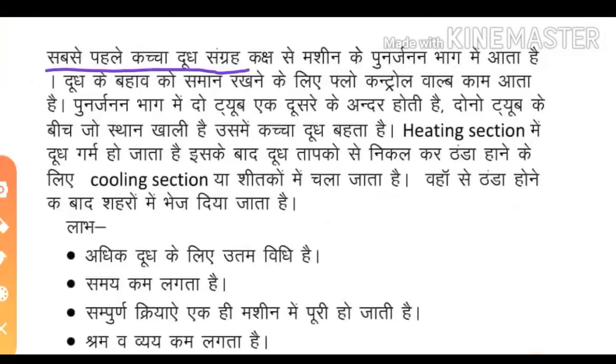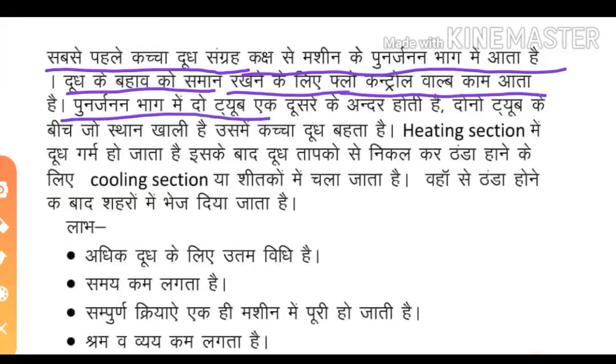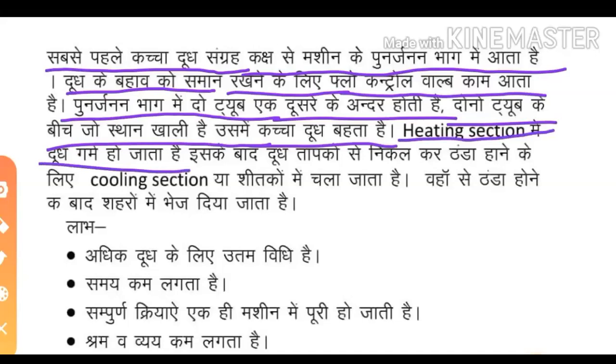सबसे पहले कच्चा दूध संग्रहण कक्ष से मशीन के पुनर्जनन भाग में आता है। दूध के बहाव को समान रखने के लिए फ्लो कंट्रोल वाल्व काम आता है। पुनर्जनन भाग में 2 ट्यूब एक दूसरे के अंदर लगी होती हैं। दोनों ट्यूब के बीच में जो खाली स्थान होता है उसके अंदर कच्चा दूध बहता रहता है, और वो हीटिंग सेक्शन में गर्म हो जाता है। हीटिंग सेक्शन एक अलग प्रकार की नली है, उसके अंदर दूध गर्म होता रहता है और इसके बाद दूध तापक से निकलकर ठंडा होने के लिए कूलिंग सेक्शन